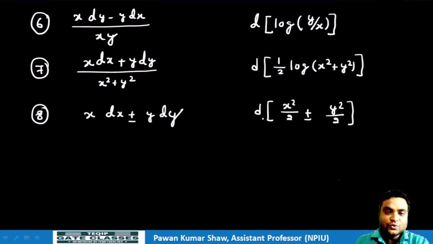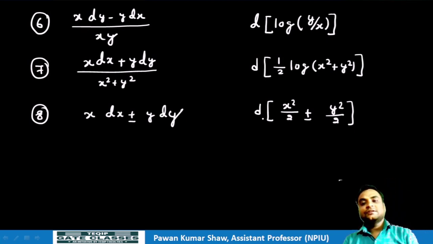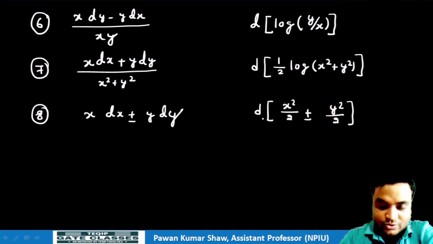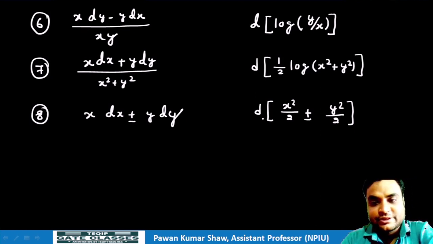So these are a few exact differential forms, that is, expressions we can write as an exact differential form. There are many, but I have written a few. If you remember these few differential forms, then you can easily group some expressions of our differential equation and write them into an exact differential form. Okay, now I am going to take an example and show you how to solve it using the method of inspection.